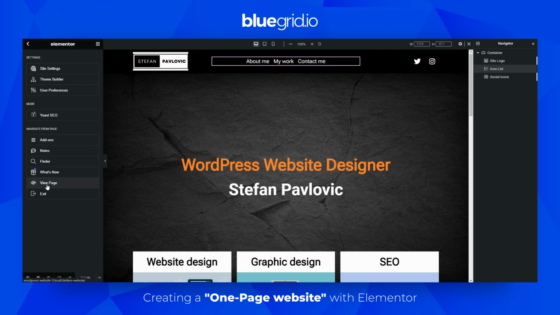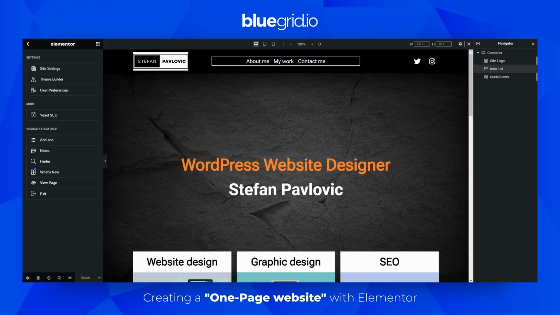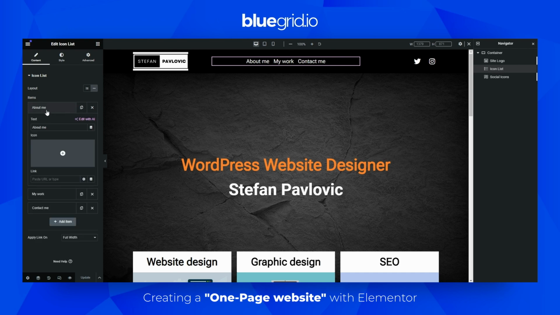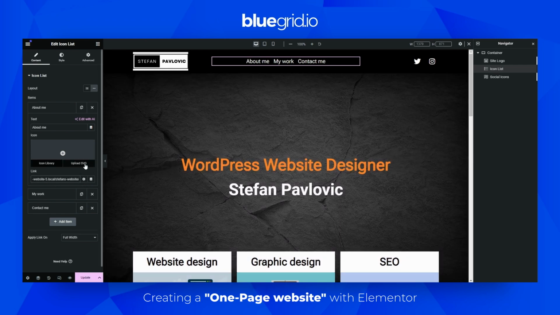Click on the hamburger menu, then view page, and then copy the URL of your homepage or your domain name. Then click again on the icon list, go to the first item in the list, paste the link, and then after the whole URL, we need to add this hashtag and then about